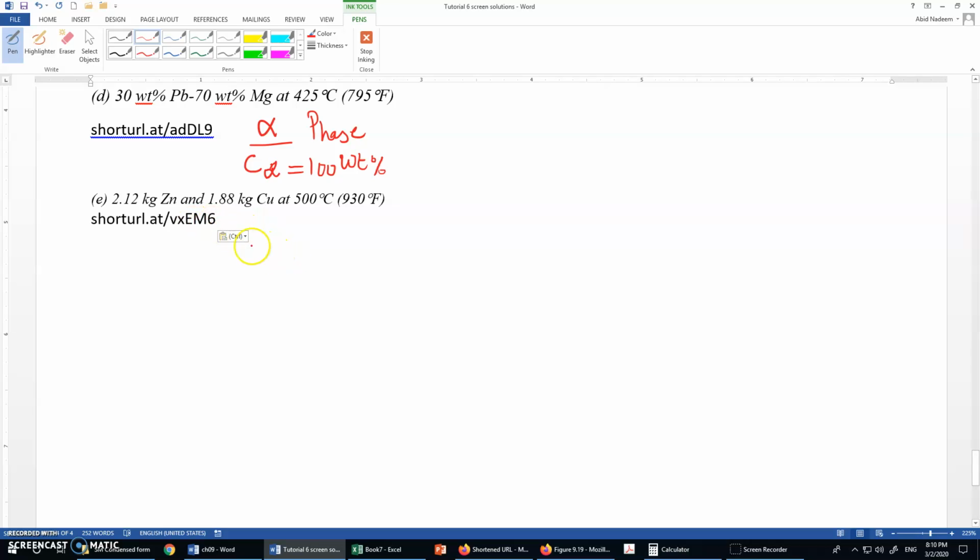So the composition of zinc we can find by